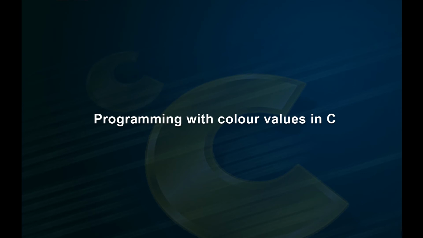Now, let us see another program with color values in C. Here we will look into 3 different types of programs which are related to graphical output, basically with a color component. In the first program, we will change the text background color. Then in the next program, we will change the text color, and at last we will add some blinking effect to the text.